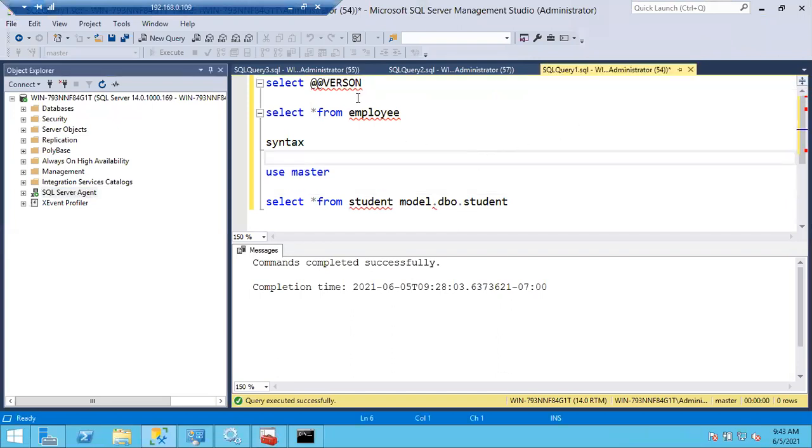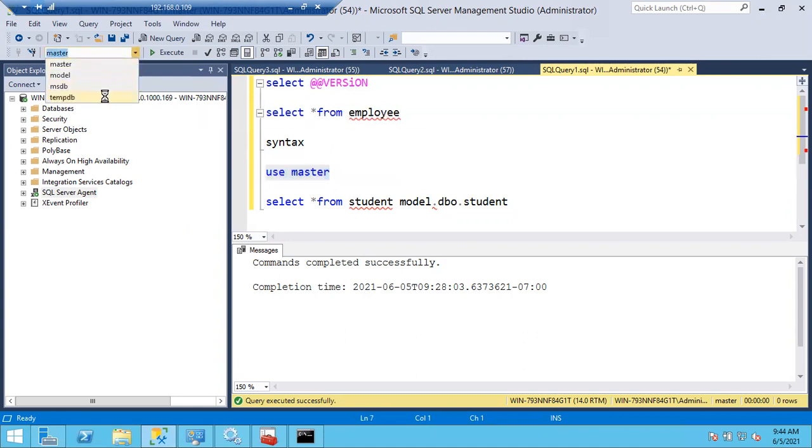And here I can see a lot of queries, right? If I don't select any query and click the execute button, it will execute all the queries. It will throw the output for this and the error for this, and it will change the database name. See here, I'll change it to TempDB. You will get 3 errors, 2 changes.